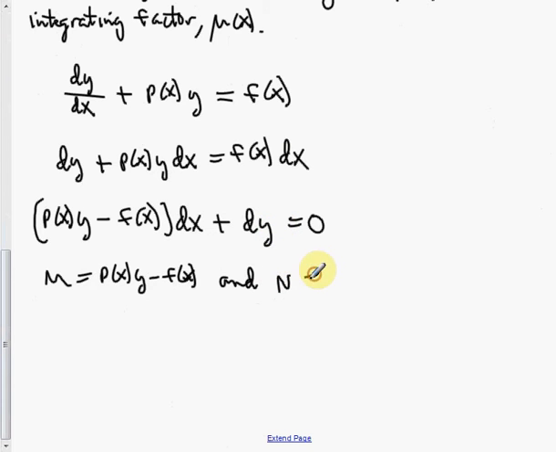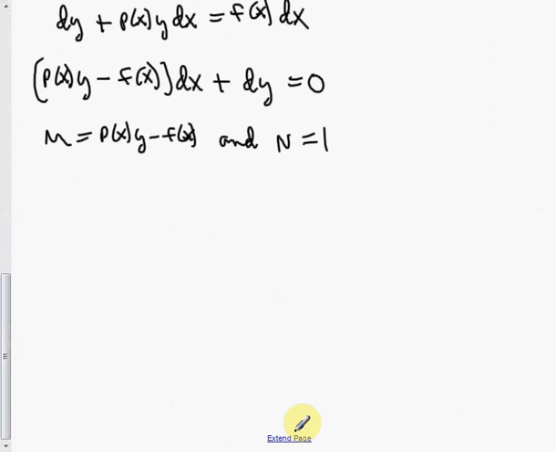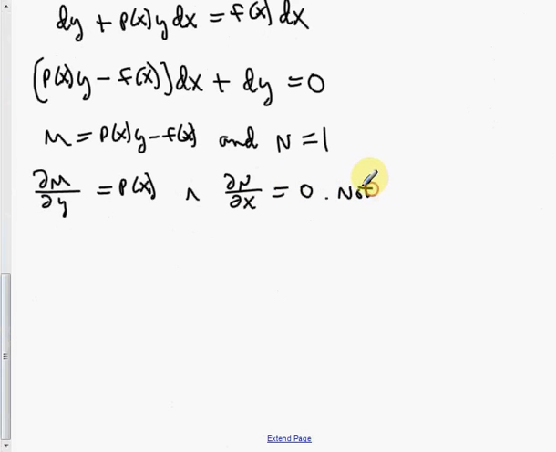And n is equal to 1. Are you with me there? Do you see that? Just thinking about the exact equation, where I have m dx plus n dy equal to 0. I look at m, I look at n. Now, just based on what I have, if I take the partial of m with respect to y, this gives me p of x, and the partial of n with respect to x obviously is not going to give us p of x, it gives us 0. So this is not